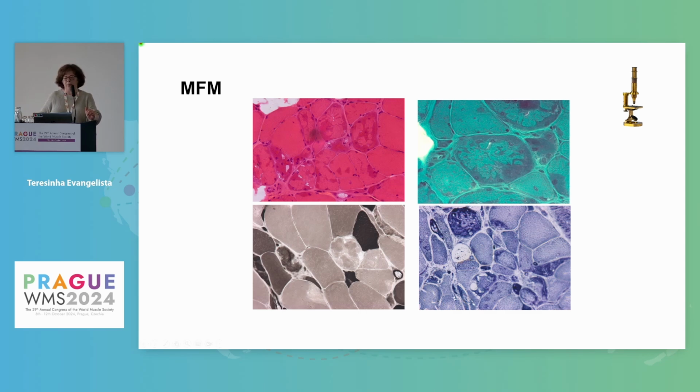Even those who are not used to seeing muscle biopsies can see that, with hematoxylin, there is some material inside of the muscle fiber. Also with the Gomori trichrome, this is not normal. This may be normal, but this is abnormal. So there is some material inside of the fiber. This corresponds to protein aggregates. And because these proteins do not stain with the